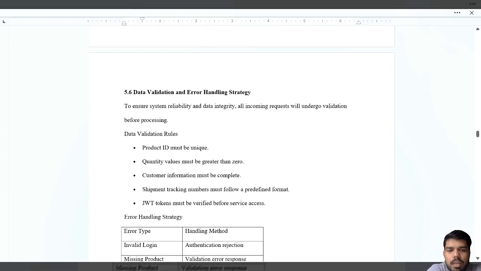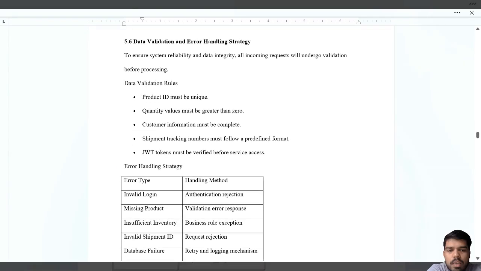Talking about the error handling strategy. Before processing any request, the system validates the product information, quantity value, customer details, shipment tracking number, and the tokens. If an error occurs, such as invalid login credentials, missing product, insufficient inventory, invalid shipment ID, or database failure, the system responds appropriately through rejections or validation errors, exceptions, or the retry mechanism. This improves the